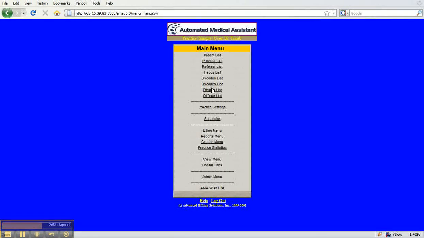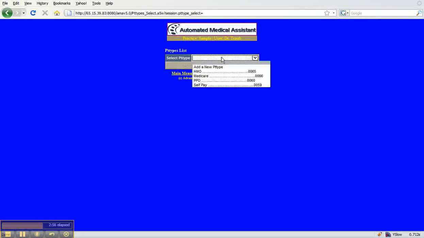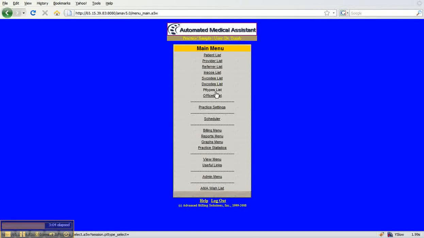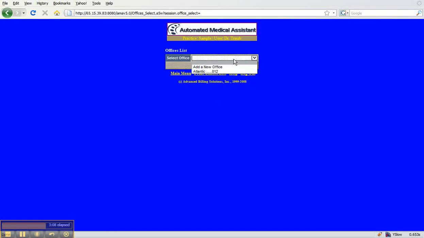Patient types. Again, is preloaded with some basic patient types. A longer list will be included with your version. And then offices. If you have just one office, you'll just want to put in one office. And this concludes